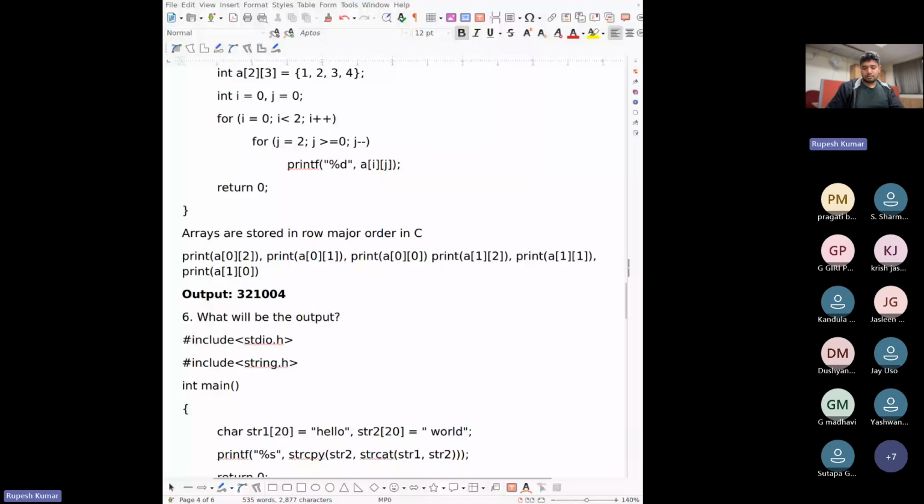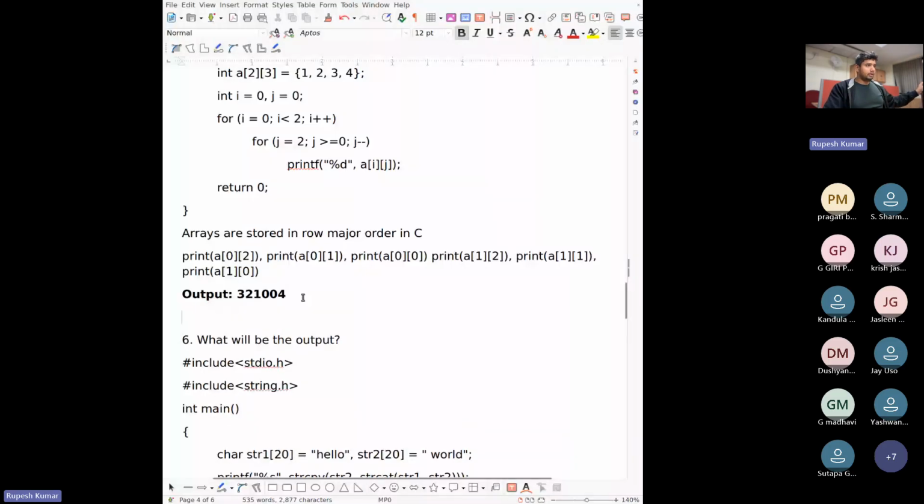So now you should be familiar with the concept of two-dimensional arrays in C and how you can use them. Shall we proceed?